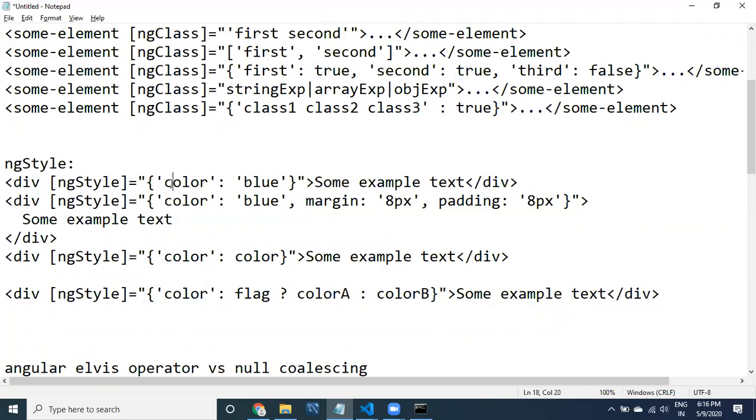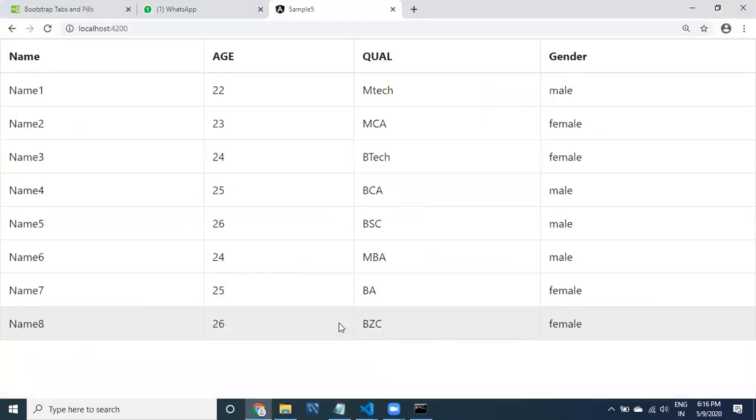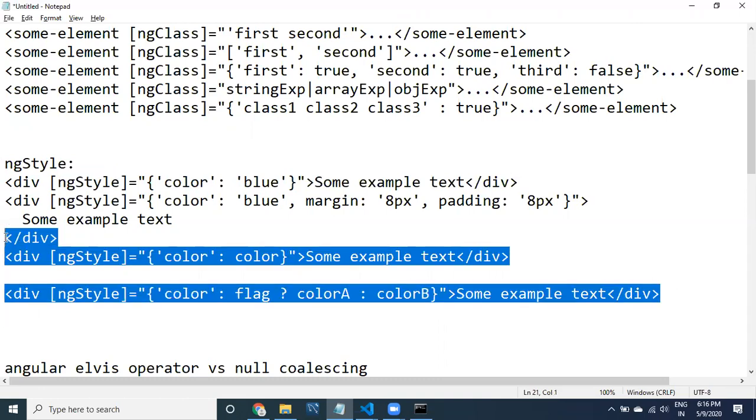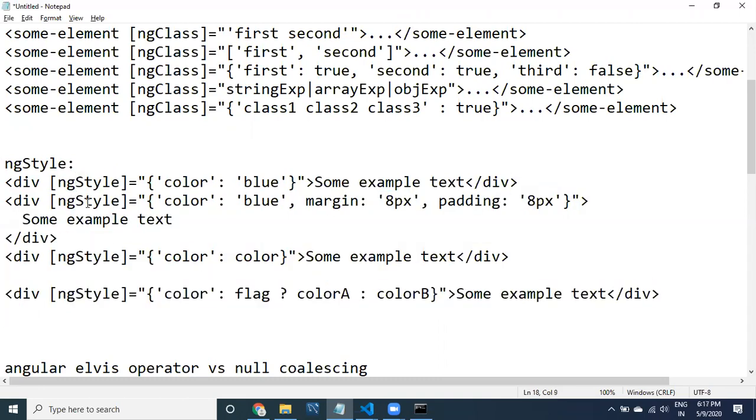Okay, all right, so coming to here, first style, let us apply ng style. Of course, first I'm going to show you normally how these things are used in our coding, and then I'm going to use all these things in our HTML elements. We can go there and then you can apply those elements.